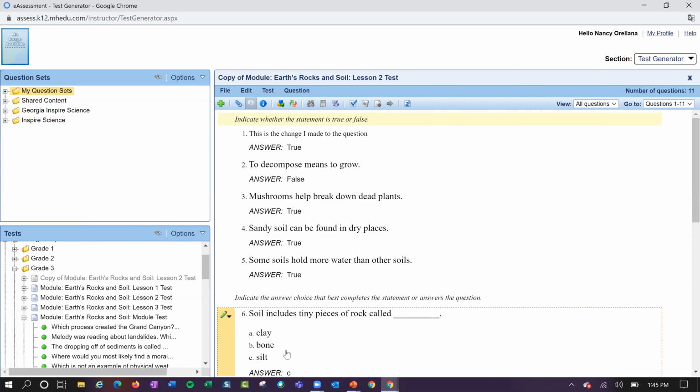Okay, so any questions so far on what I've shown you? So right now I showed you how to identify your question sets, how to look at your pre-made assessments, and kind of how to view the questions. I showed you how you can make a copy of your assessment so far, and then how to modify those if you needed to. So one question that came in is, with the essay part, can you type in potential